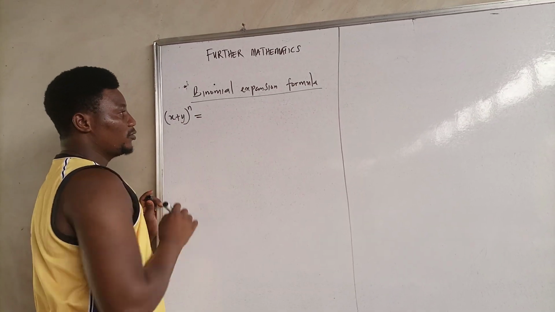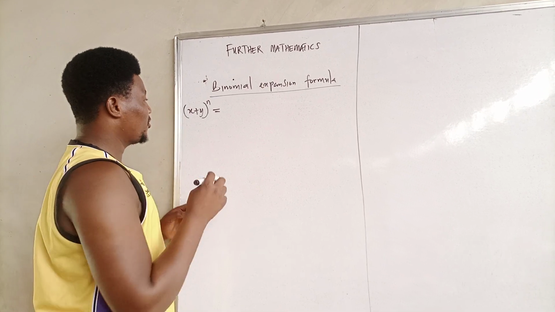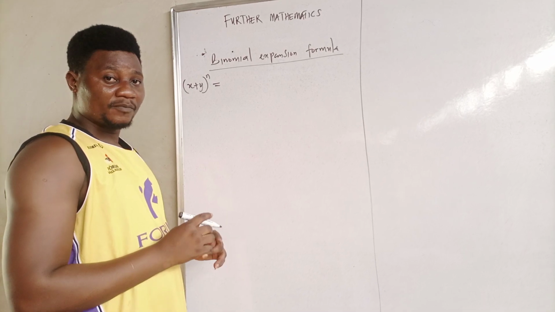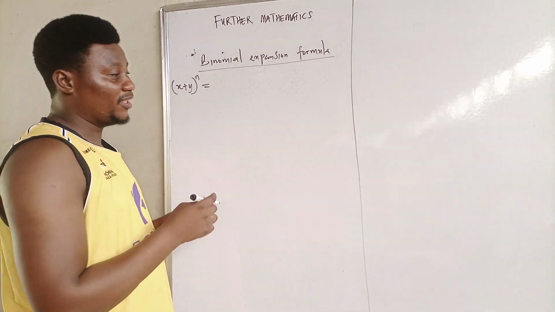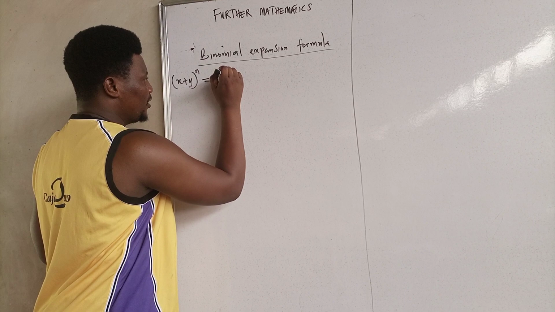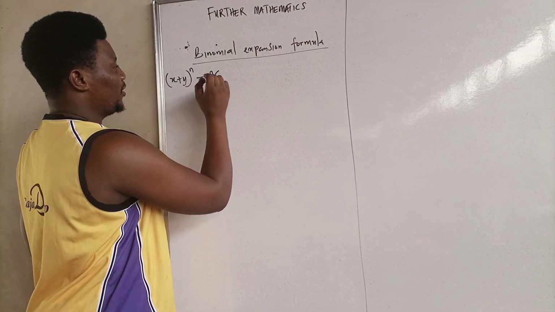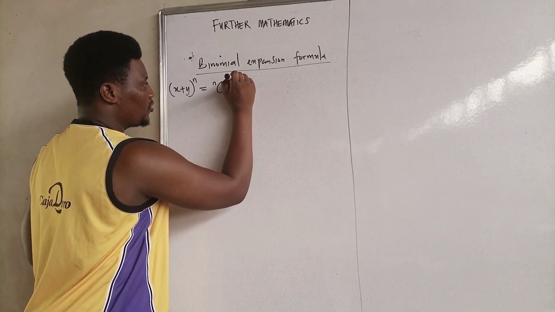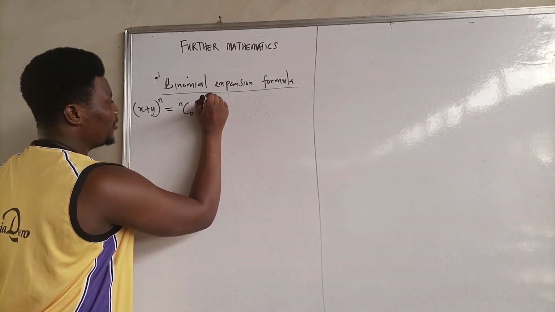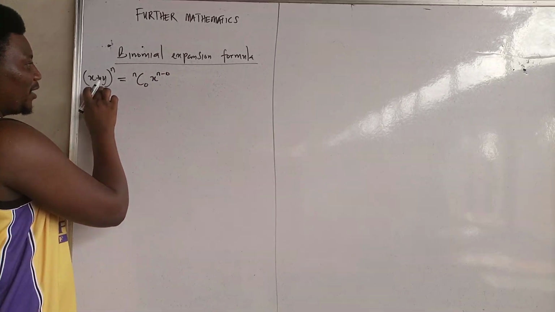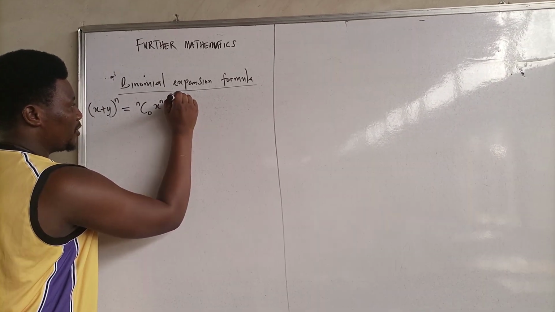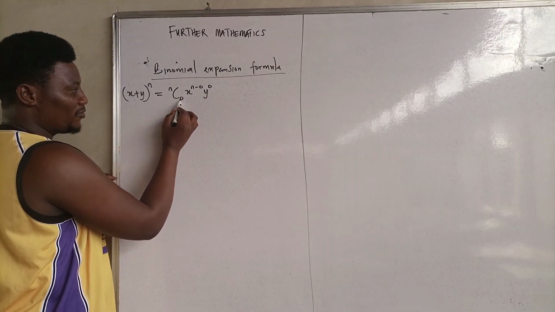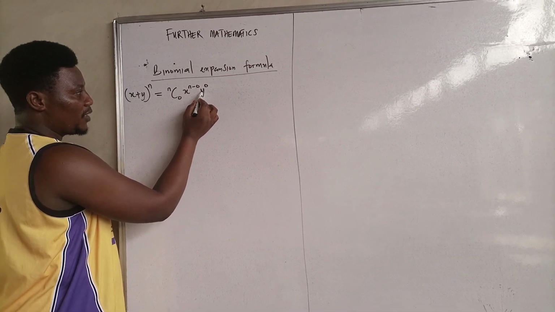So what do we do? We can use the combinatorics method, using combination. The essence of using this is to get the coefficient and also to get everything about the expansion. I will just say n combination 0. My first x will be raised to the power of n minus 0, then my y will be raised to the power 0. This x will have the power of n minus 0, and this y will have the power of